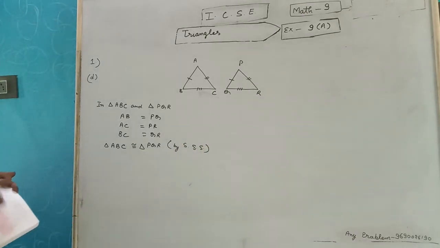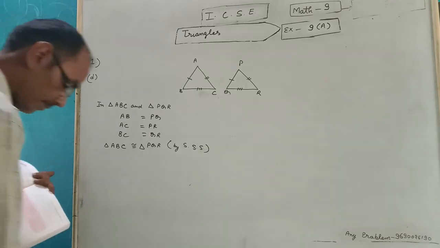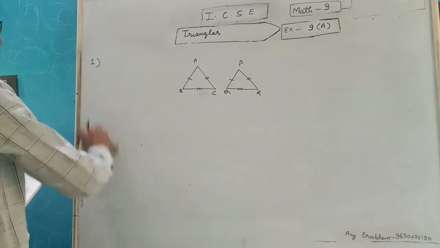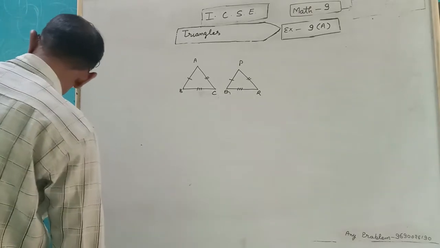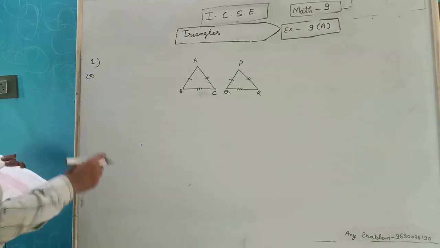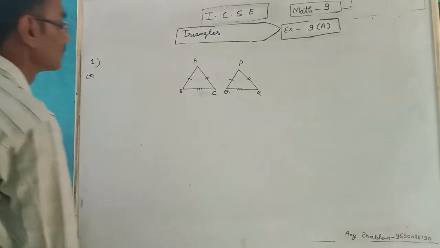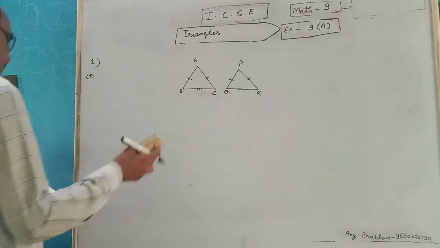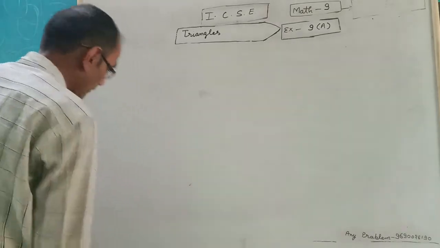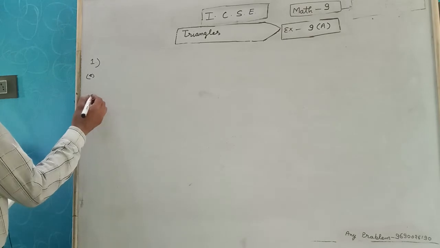D part is complete. E part is in triangle